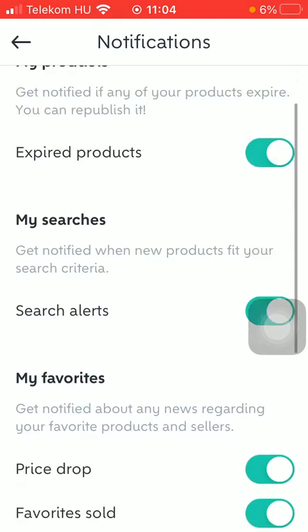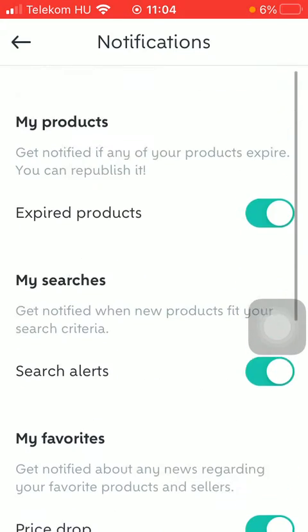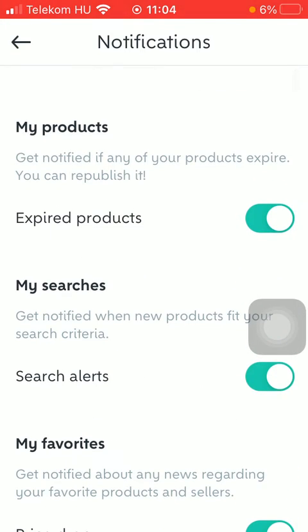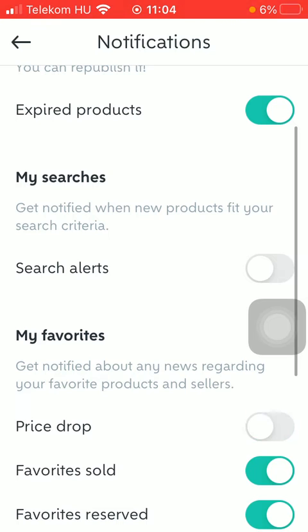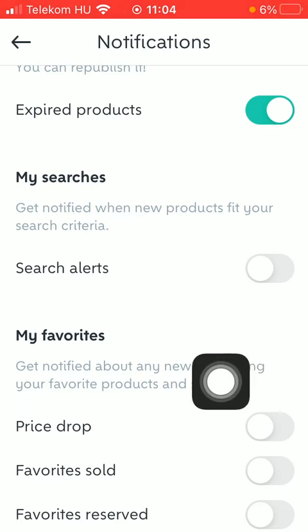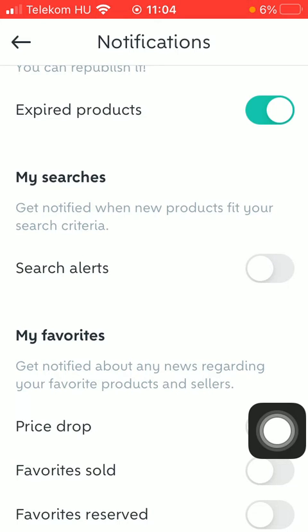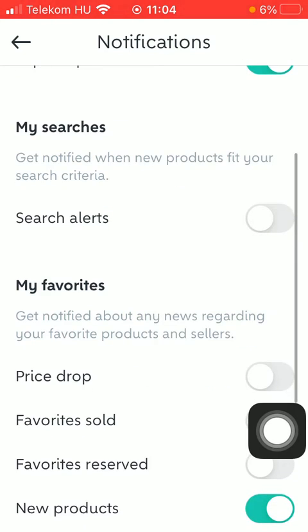Then, as you can see, you have a bunch of options here, so you can select whether you would like to get notified if any of your products expire. So tap on Expired Products. If you want to get notifications about your searches and when a new product fits your search criteria, tap on